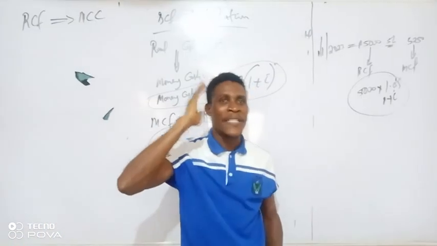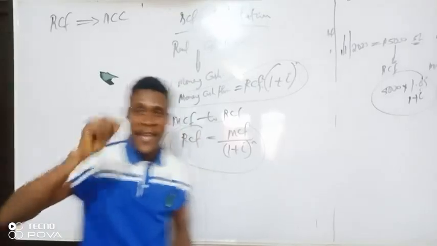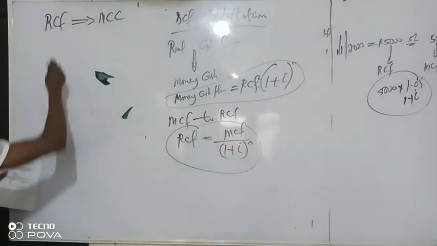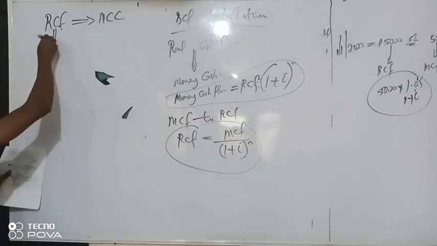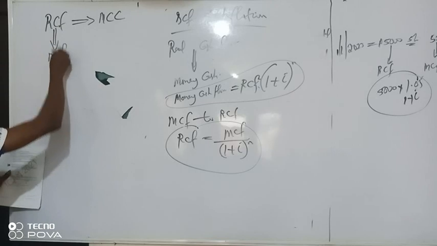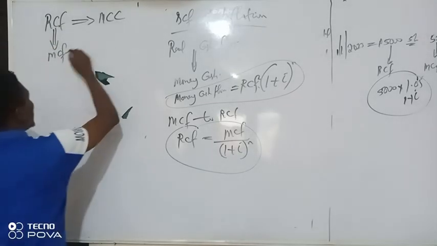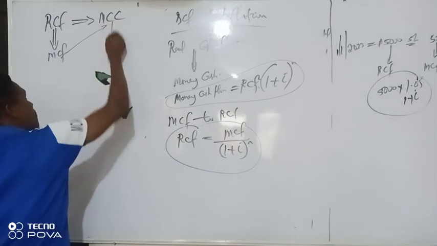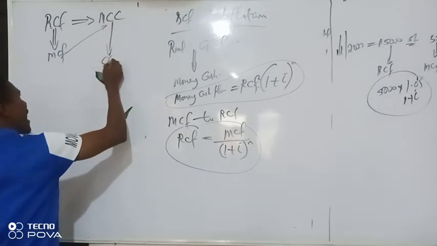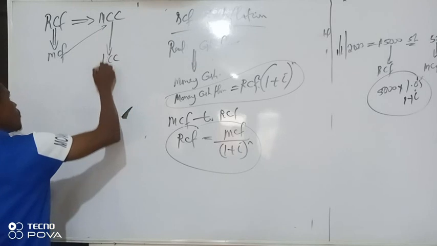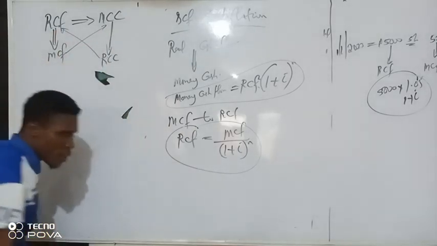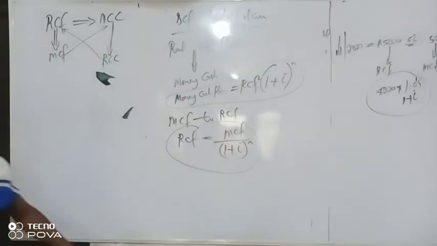So your headache now is that you must look for a way to bring these things to the same level. I mean, I said you have two options. Option one, convert this one to what? To money cash flows, so that they will be on the same level, abi? Or convert it to what? To real cost of capital, abi? So that they will be on the same level. Any of these methods, you have the same result, and your answer is correct.